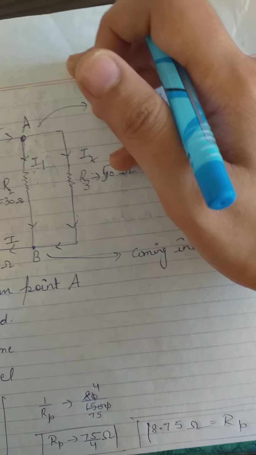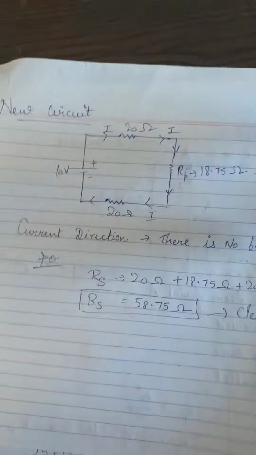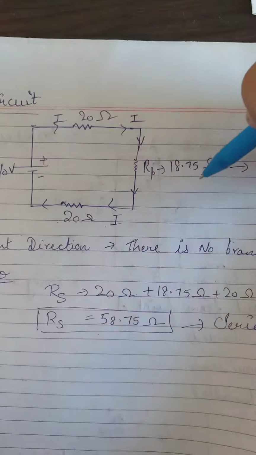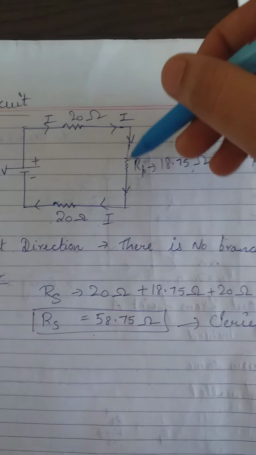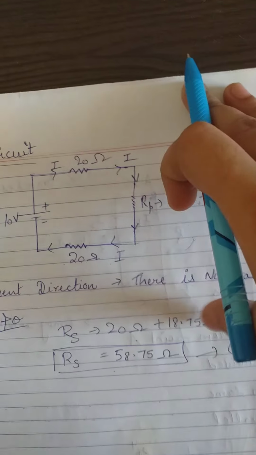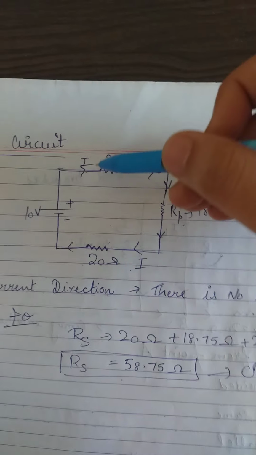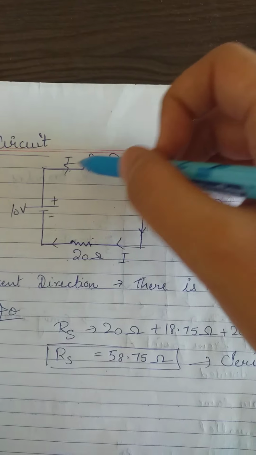See this solution? Clear? Now make a new diagram again. That is, there is a new circuit. Because you reduce this circuit, R2 and R3 sum comes out to be the parallel resistance Rp, 20 ohm. Now this circuit is in series because current is same.